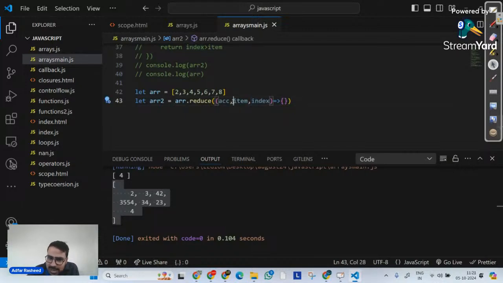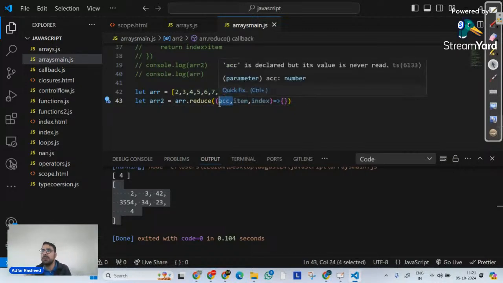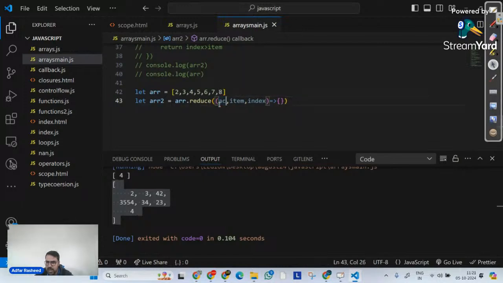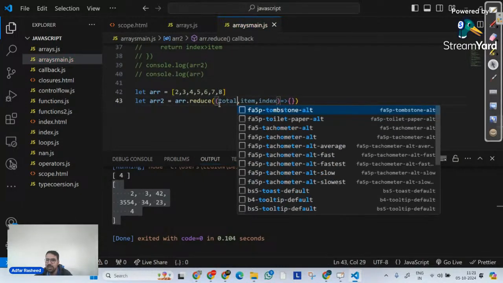But before that, inside my reduce callback function, there is one extra argument that we have placed here. What does that actually mean, and what will it do? Instead of saying accumulator over here, I will write total to give you an idea. This total is the single value it's going to return.